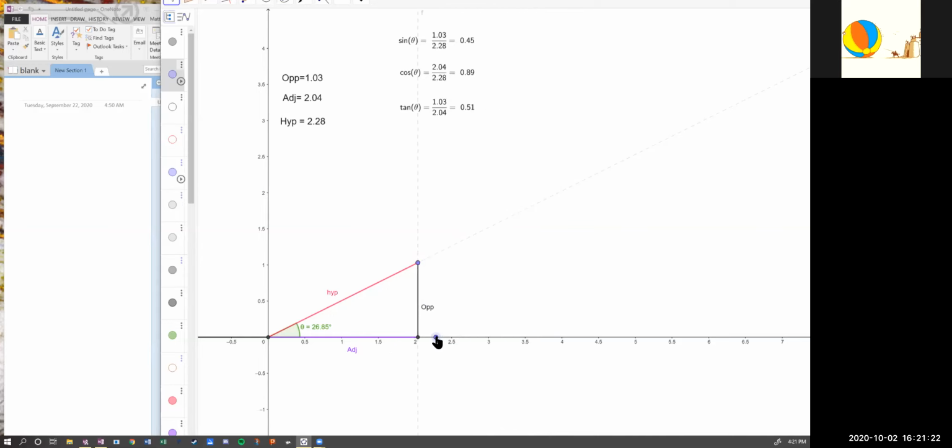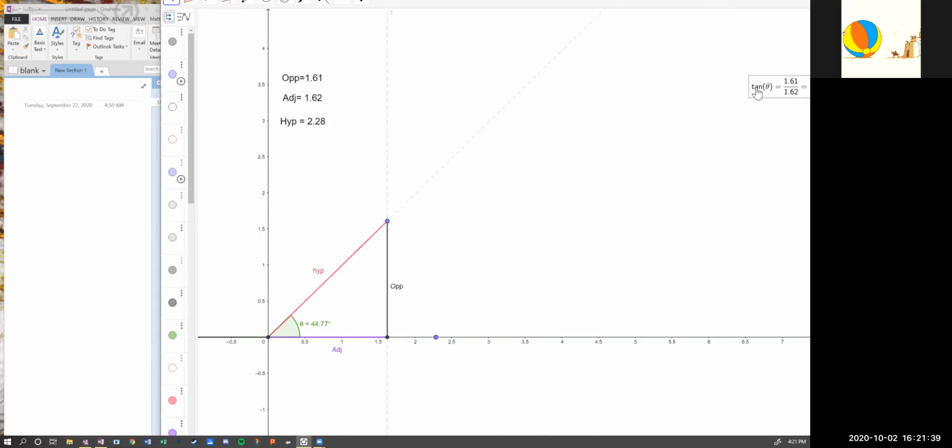However, we are going to run into a problem. Because our definitions are stuck in arguments based on triangles, I'm going to get these functions out of the way for a second. Because our definitions are based on the opposite, adjacent, and hypotenuse lengths for this triangle, we're going to run into trouble if we start trying to look at angles larger than 90 degrees or larger than pi over 2 radians. As soon as we go over here,